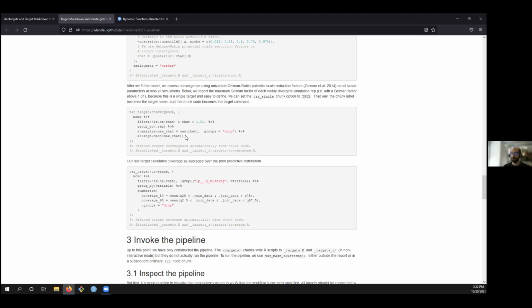And sometimes if you have a large number of these post-processing targets, it may be inconvenient to go too far into modularity and break things up. Sometimes for little targets like this that are really simple, it's up to your personal style. It can be more convenient to have this in a target.